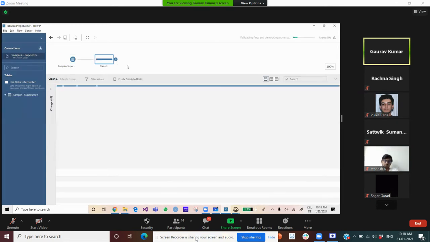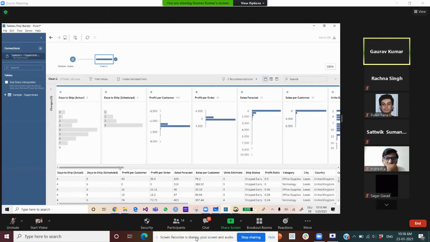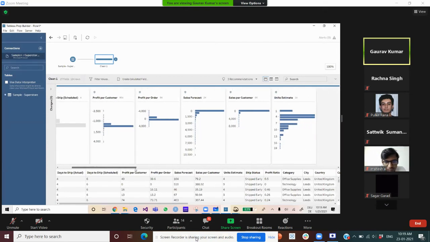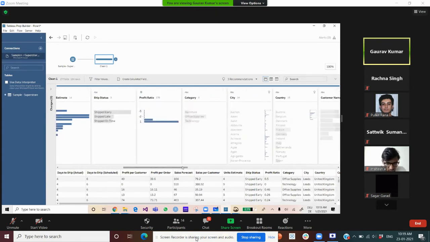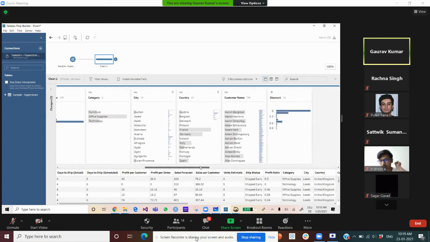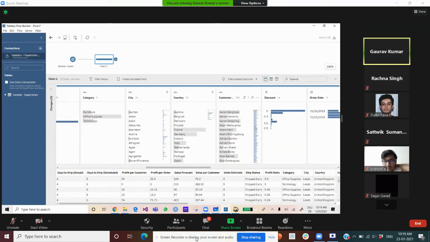So just click this clean step and it will redirect to this step. Wait, because the data is big. So here you can see all the stuff, for example, days to ship, days to schedule, customer profit, and so on. Beside that, there is also a distribution. If you click here, it will let you know how it looks. Basically this is ascending to descending, and if you click here, it's descending to ascending. So you can do it like this also to see the distribution.